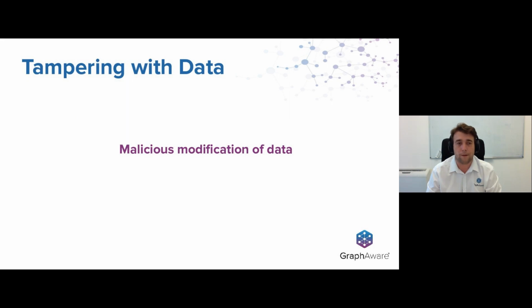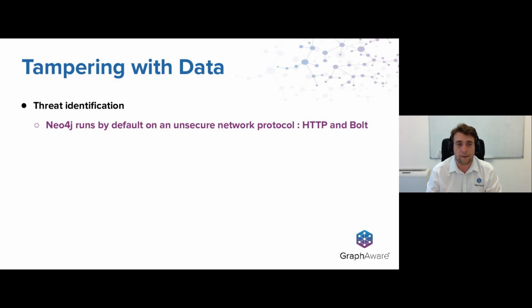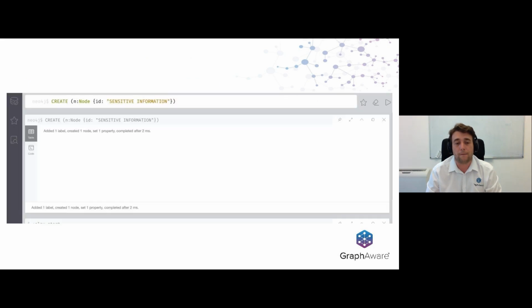Second category is tampering with data. Tampering with data is a malicious modification of data. So let's identify how we can actually modify data that is run between a user and an application or between two applications, right? Neo4j runs by default on unsecure network protocol, so HTTP or Bolt. And if I actually create a node with sensitive information from my laptop and the Neo4j server is running on unsecure network protocol,